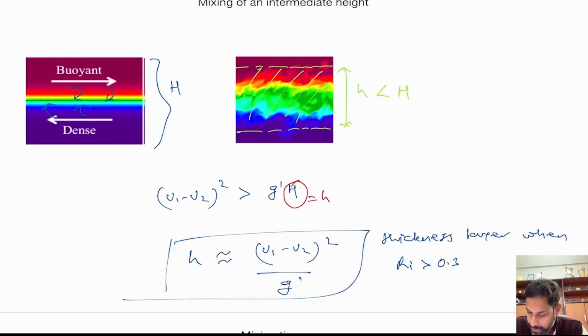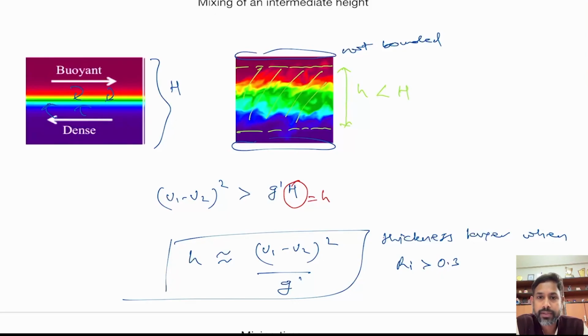So this formulation can be used, where we assume that this is not bounded, right? This is also not bounded. So these are open on both upper side and lower side, and this may be just infinitely thick above and below, right? Even in that case, we are able to find the value of h, that is the layer of